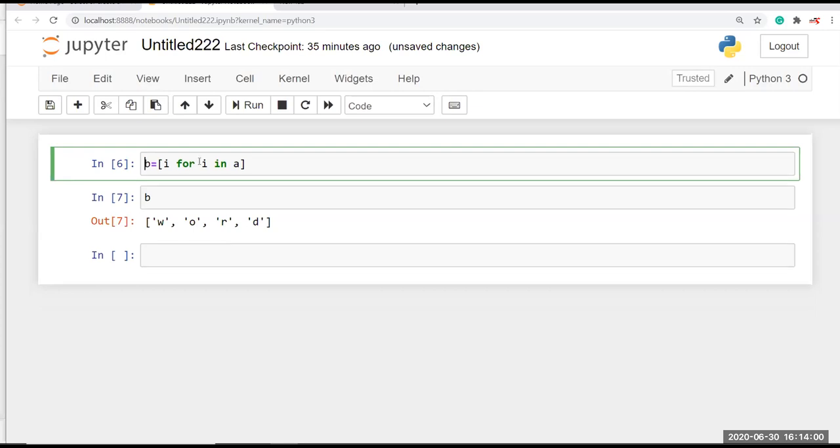Okay, so now I'm going to create a variable e. After that, here I'm going to print the values by using the range function.